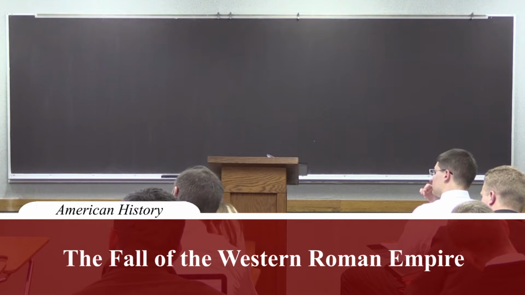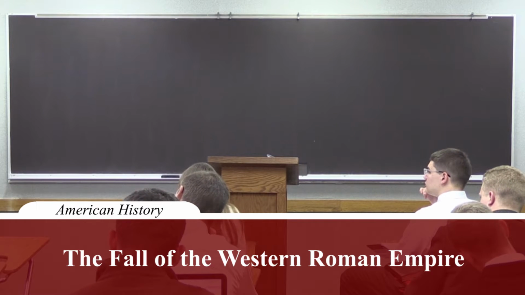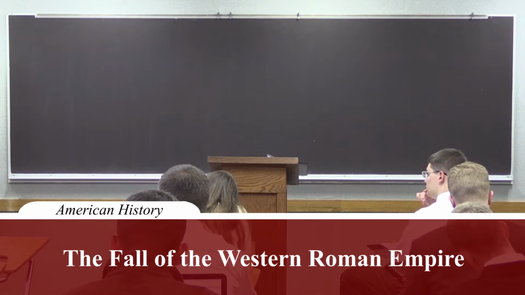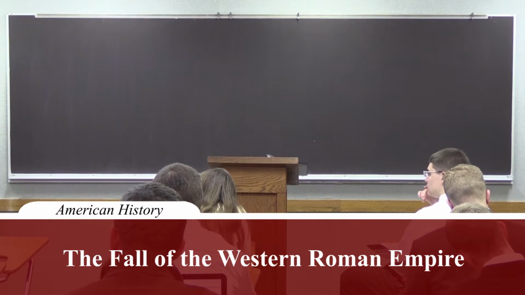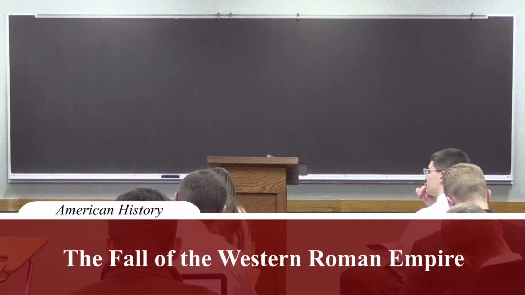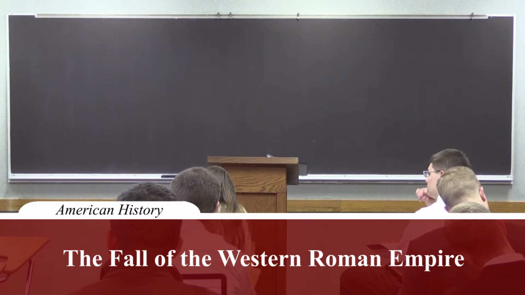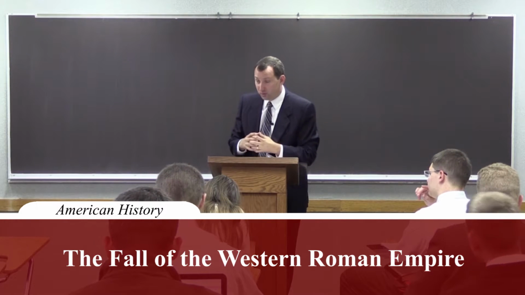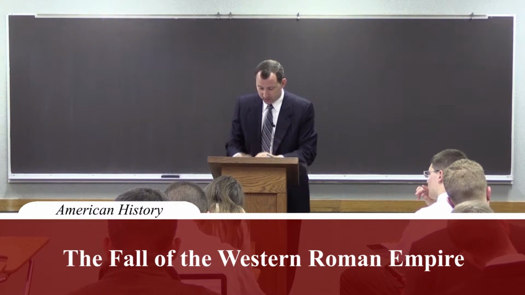Okay, so the collapse of the Western Roman Empire here in 476. We're talking about this half collapsing. It would be most of what we think of as Western Europe that's affected here, that half. The other side is really a very, very different history. So, okay, the collapse of the western side of the Roman Empire. We know the date here is 476. The story really is